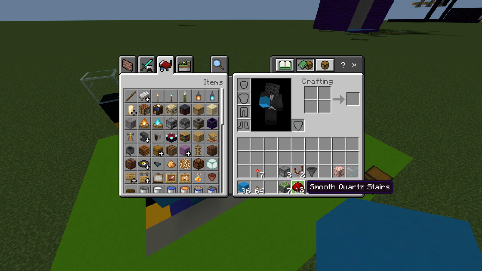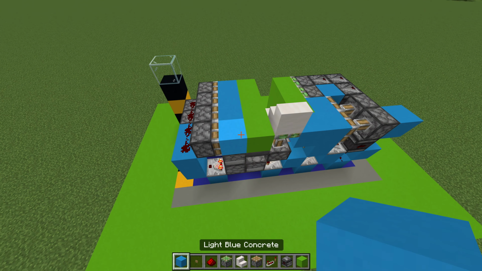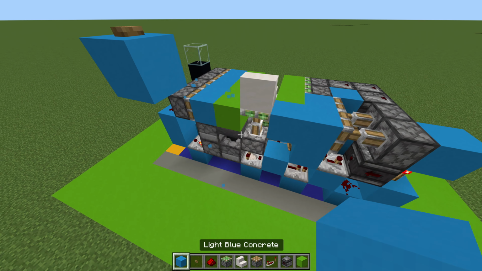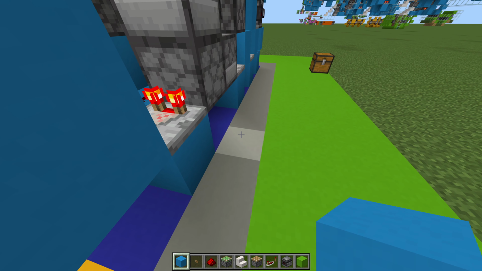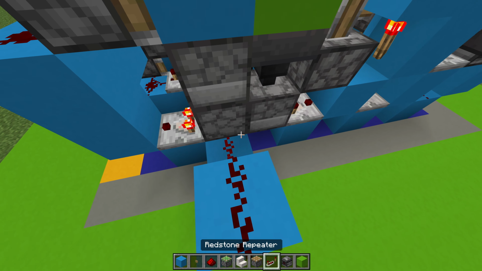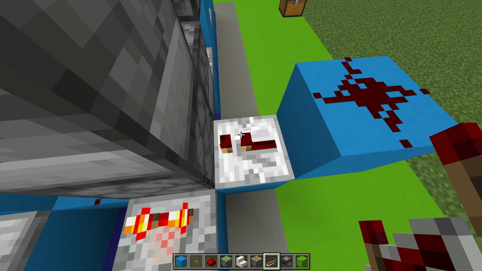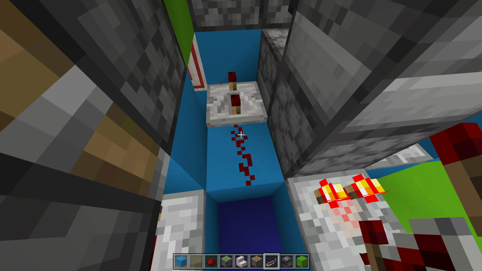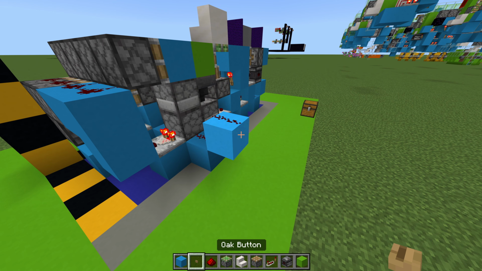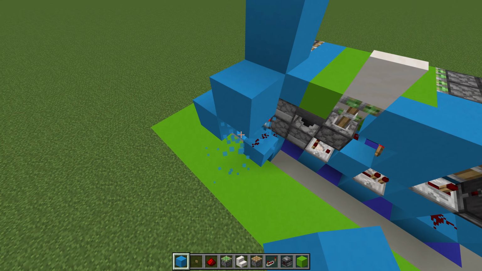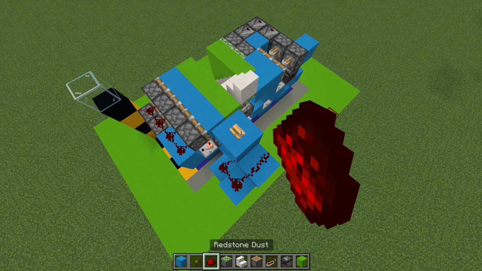So we'll grab our button here. Wherever you want to put this button, it doesn't matter, we'll put it right here. So now we just got to hook a redstone line up to that. So we'll run our redstone line into this dropper right here, and you cannot use a repeater here, because a repeater will send power through this block and into that redstone dust, which we do not want, so you have to use a redstone dust there. From here we'll line this around, get her hooked up,